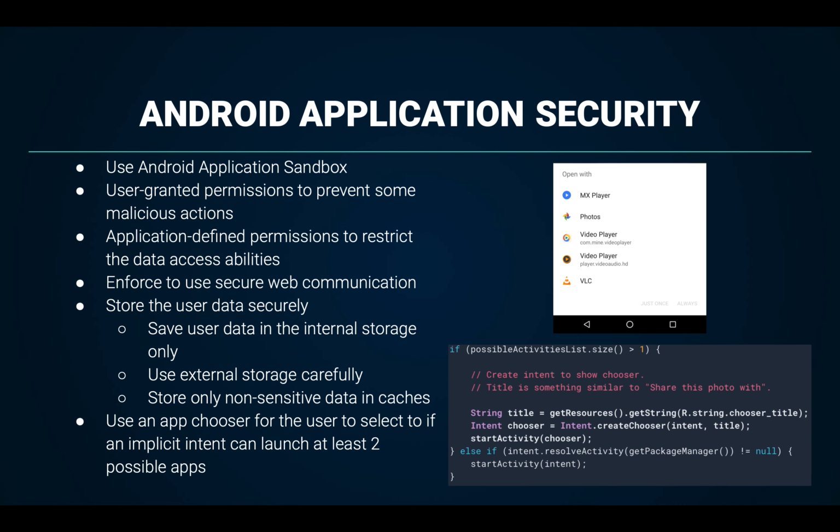Due to the open-source nature of Android, it is more prone to malware attacks, especially on banking services. An Android sandbox isolates each application to run in its own environment using Linux security kernels. Moreover, the data should be stored securely, with sensitive data in the internal storage only. There should be no sensitive data in caches, which are used application-wide. Last but not least, malware may pretend to be trusted software using a similar UI. When developing an app, an application chooser should pop up to let users choose for themselves if a third-party Android activity is going to be invoked externally.